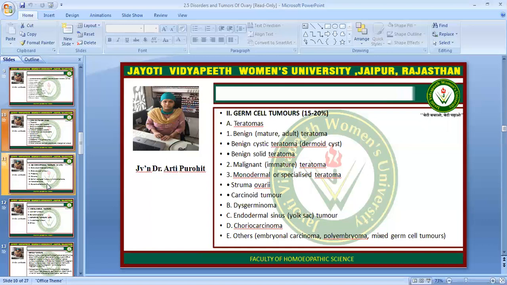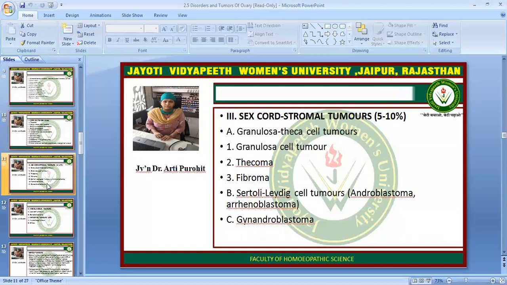Then dysgerminoma is there. After the teratoma, the second is the dysgerminoma. Third is the endodermal sinus tumor. Fourth is a choriocarcinoma, and some other tumors also persist, like embryonal carcinoma, polyembryoma, and mixed germ cell tumors. The third type is the sex cord stromal tumors, in which there are the granulosa cell tumor, theca cell tumor, thecoma,